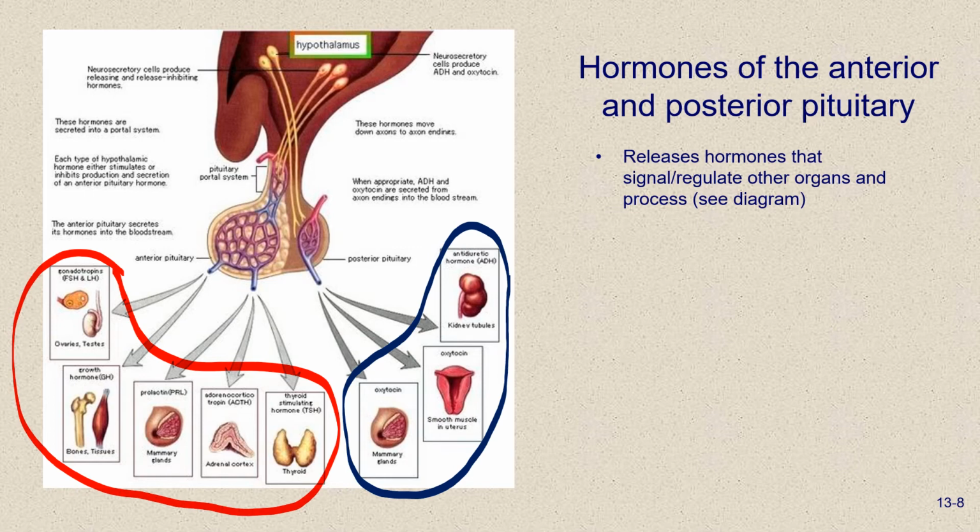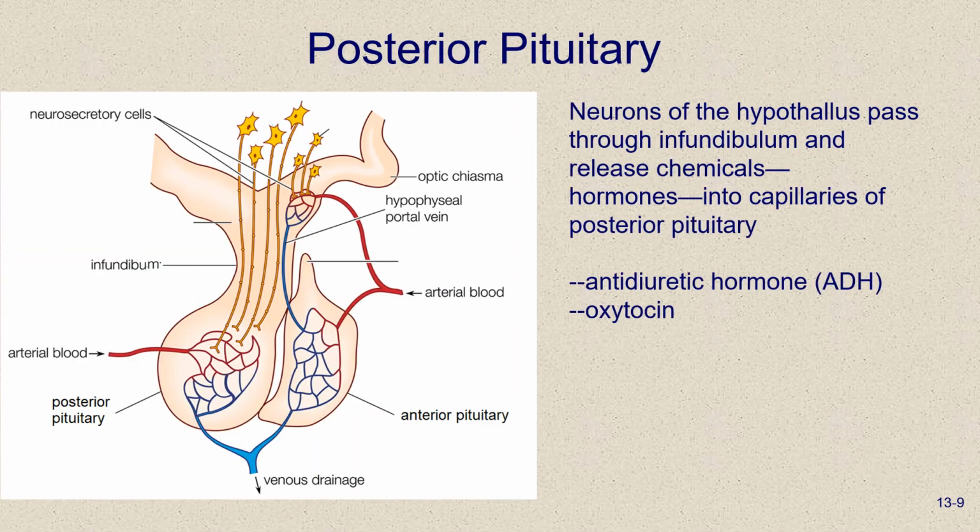What you can get a glimpse at here when you look at the image is that there are neurons in the hypothalamus that are going to either extend to blood vessels, in this case, or directly down to the posterior pituitary gland in that case. And so let's take a look at the relationship between the hypothalamus and the pituitary gland and the neurons that are in the hypothalamus. We're going to start with the posterior pituitary gland first